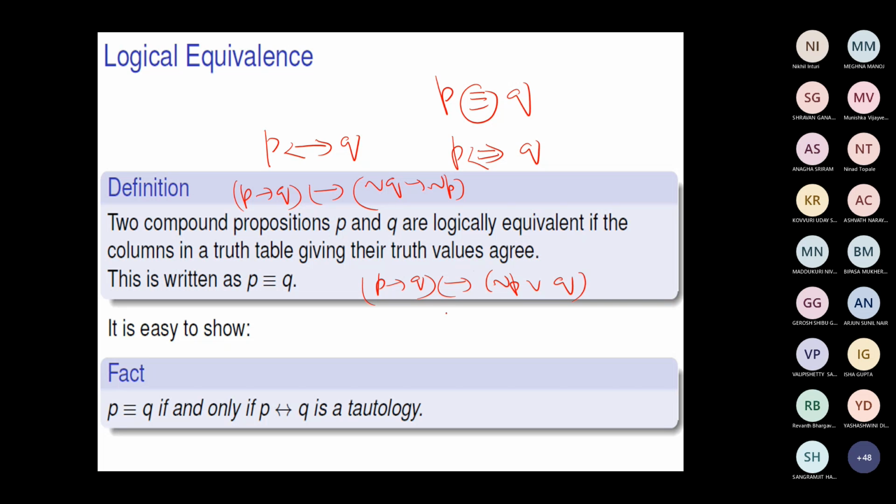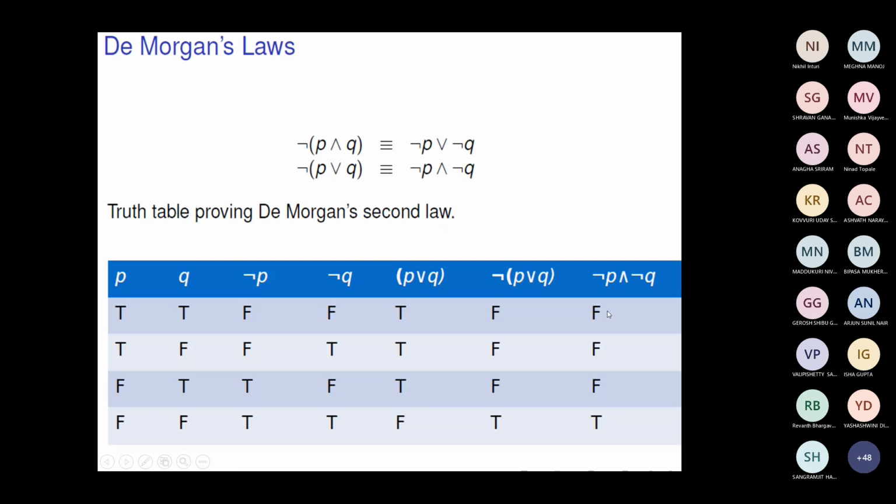Right? Or even you can verify De Morgan's law, you know, right? Not of P or Q will be equivalent to not P and not Q. This also you can verify. Okay, so these are all the things you can verify. So before going into the next, we'll see some.